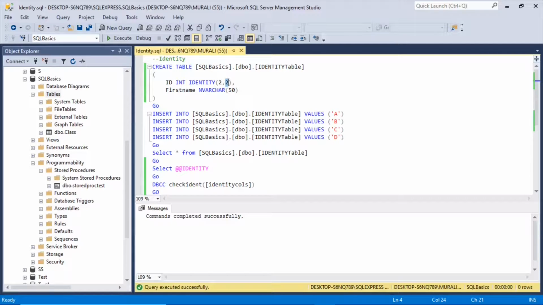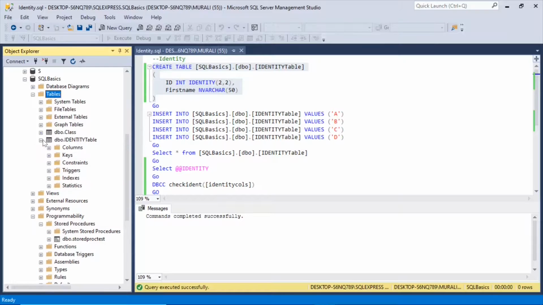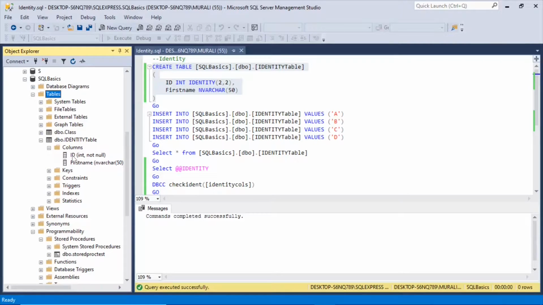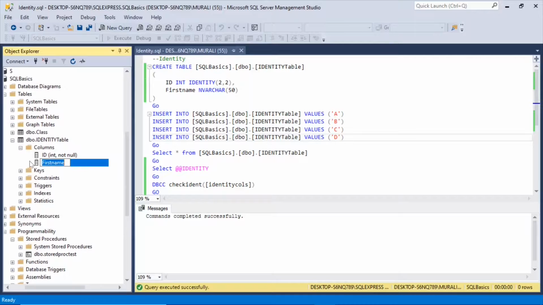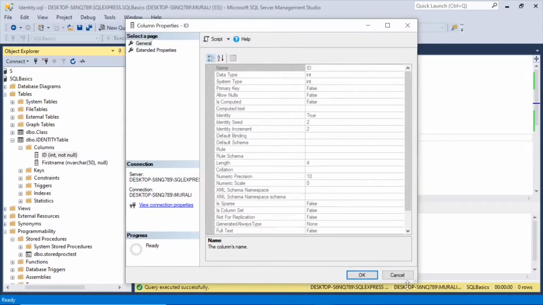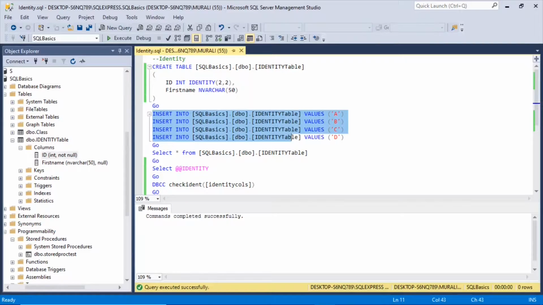So let us create this table SQLBasics.dbo.identity table and execute it. Right click tables, refresh. Here the identity table has been created, ID and first name are there. So let us insert some values into this identity table. The values A, B, C, D. I'm only giving the first names as A, B, C, D. I'm not entering anything for the ID column. So let us insert this,